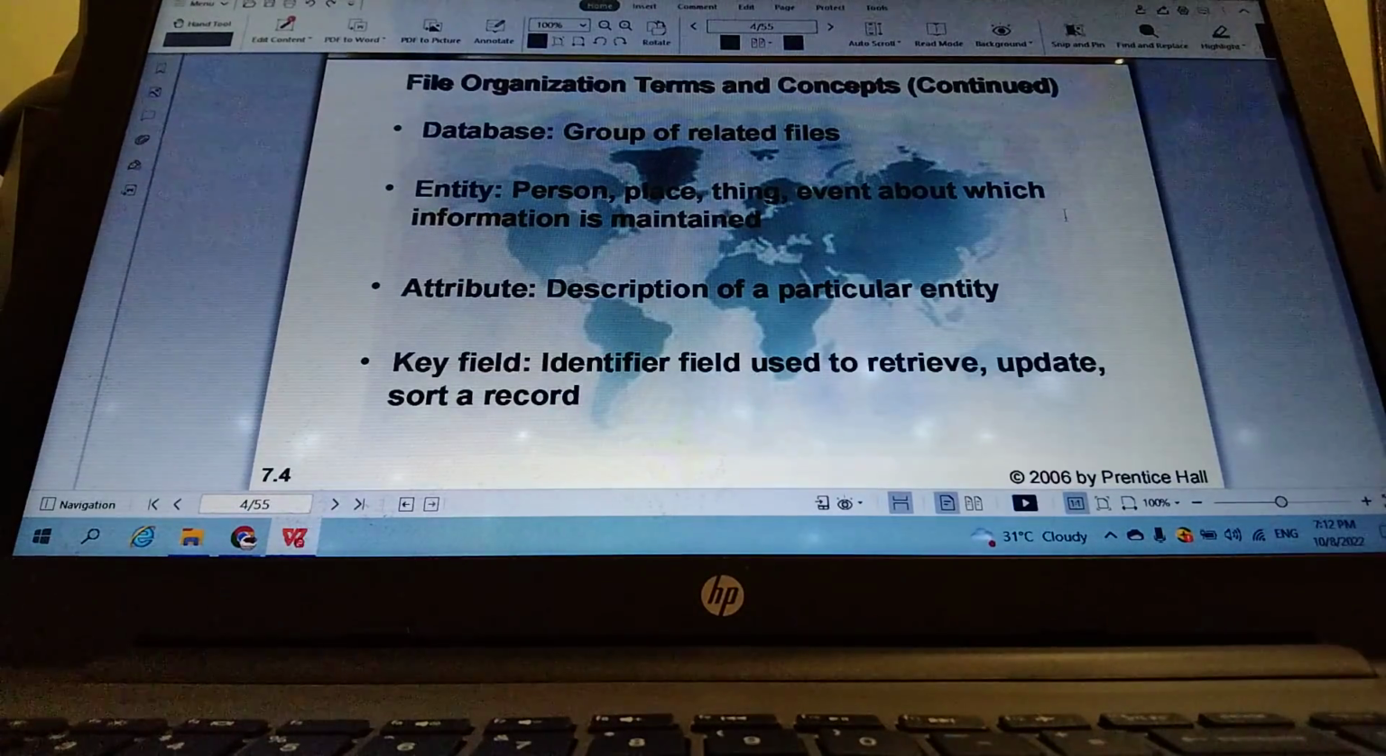And then we have attribute, which we can compare to a field description of a particular entity. For example, we have person, then we have person ID, person name, person address, person contact number. All those we can call attributes as well. But in DBMS, we use different terms compared to the traditional file processing, or traditional file organization method. And in DBMS, the field we call key field